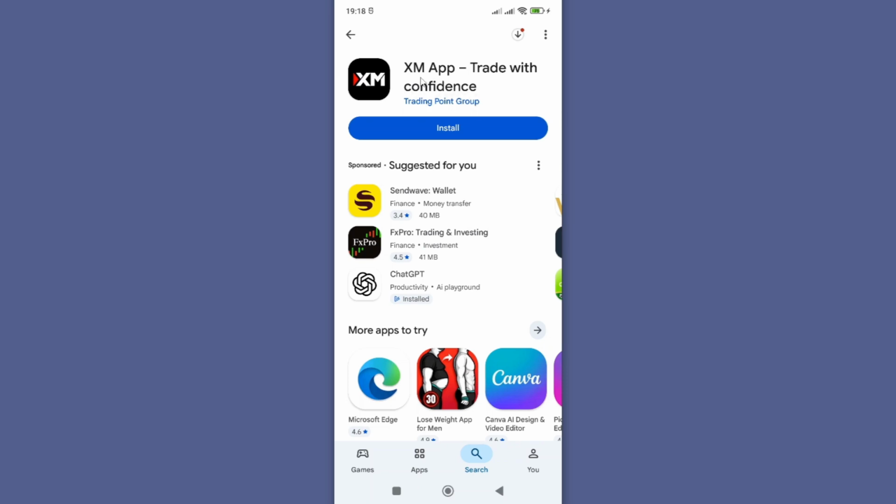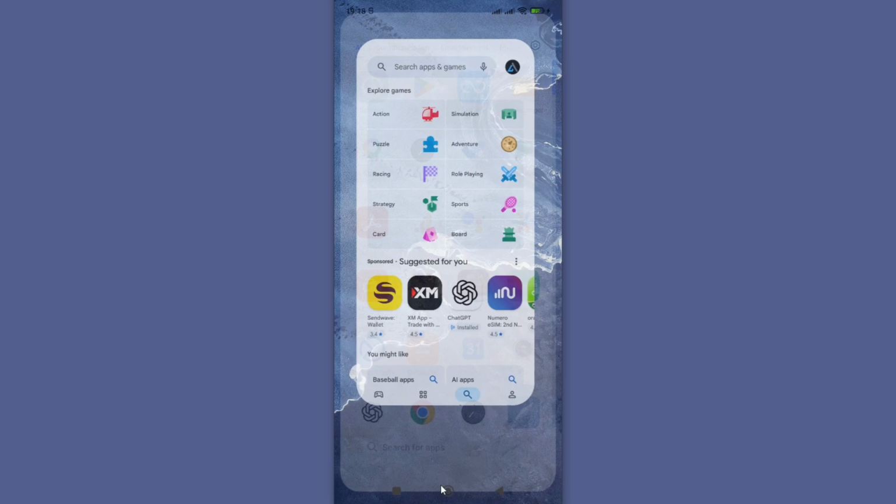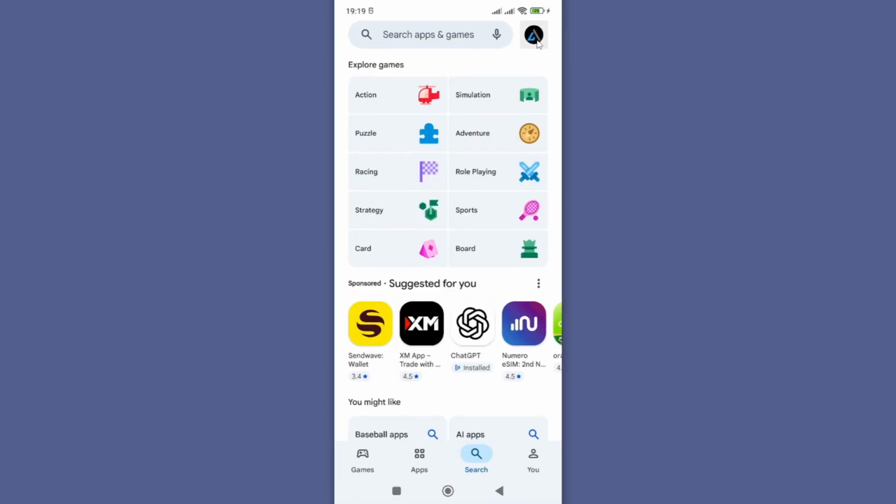Alright, so if you're trying to install XM app from Google Play Store but you are not able because you are encountering this error or any other related error, there are quite a number of steps you can take to fix this. In the first method, you need to go to your Google Play Store, and from Play Store, just tap on it, and you want to make sure you are logged into your Gmail account before you search for